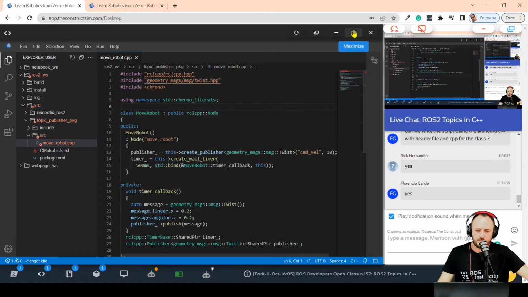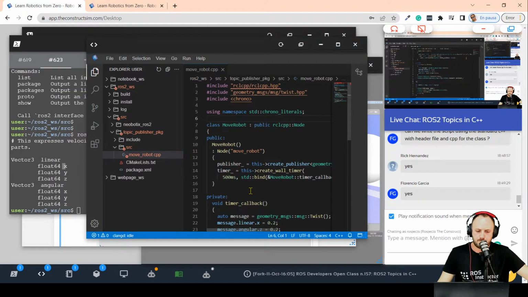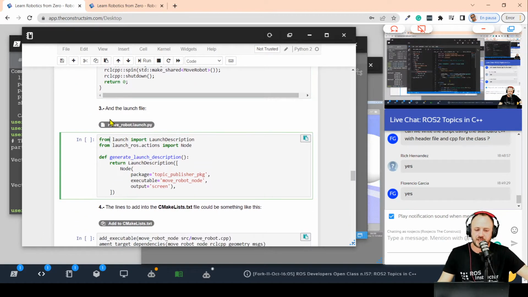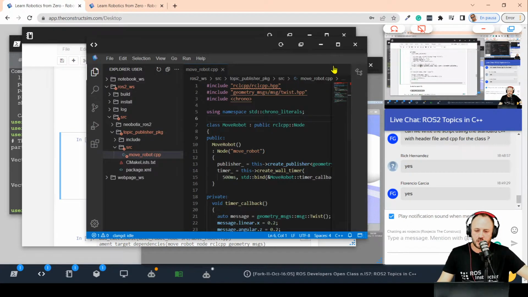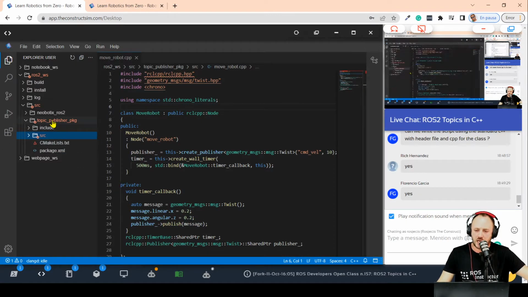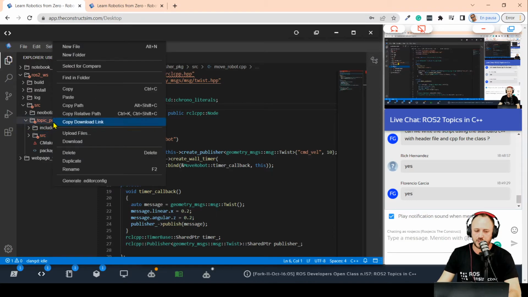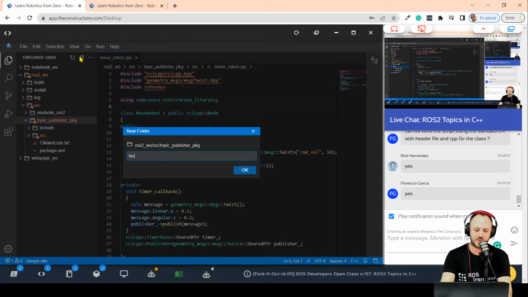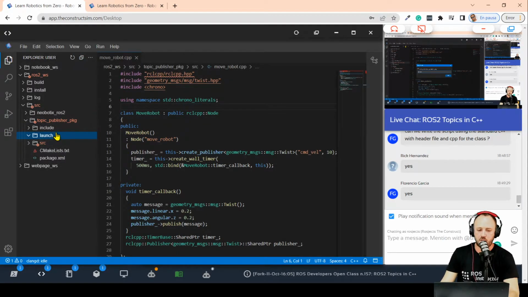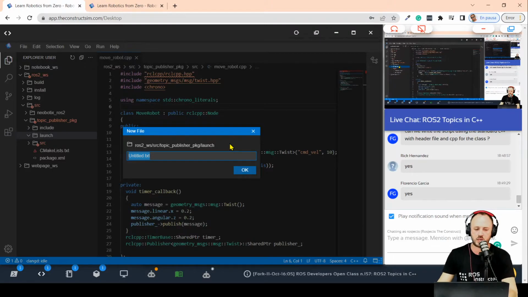All right, so what else? Okay, then next step. We have created our code. Then let's create our launch file. Now, launch files in packages are usually placed inside a launch folder. So let's come to our package right now, right-click in the package folder, and select a new folder. Then we are going to create a new folder named launch. And inside the launch folder, we are going to create our launch file, which we are going to name